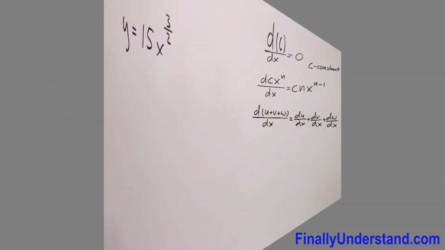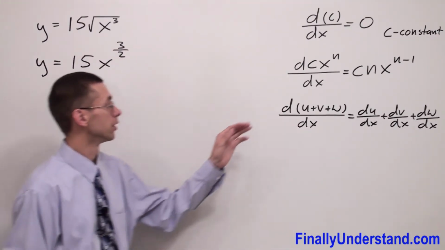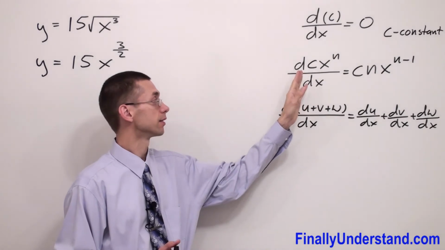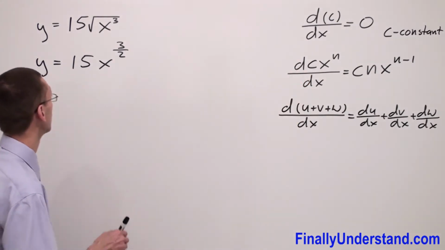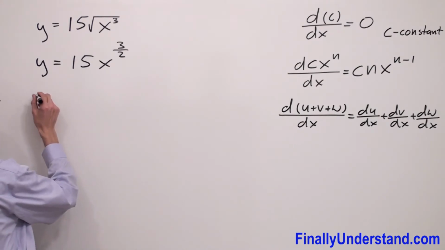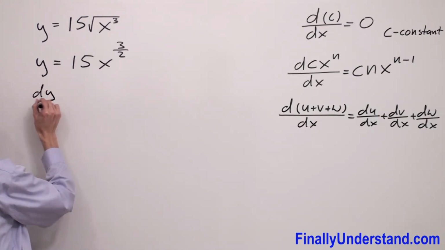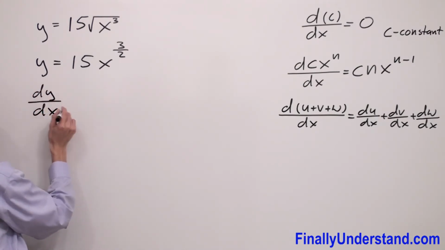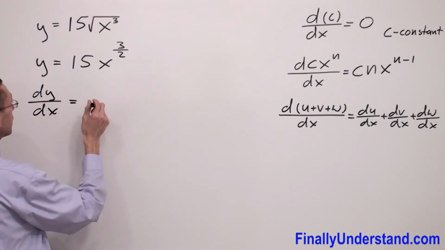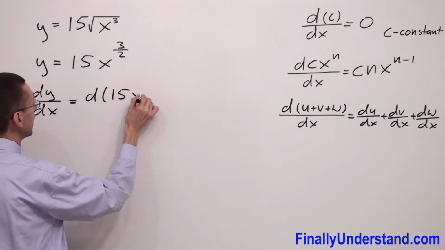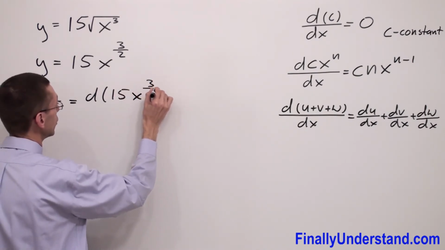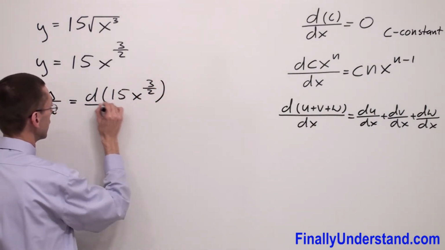3/2. Next, we're supposed to use the formula for a constant times a power of x. Okay, so we have dy over dx is equal derivative of 15x to 3/2 over